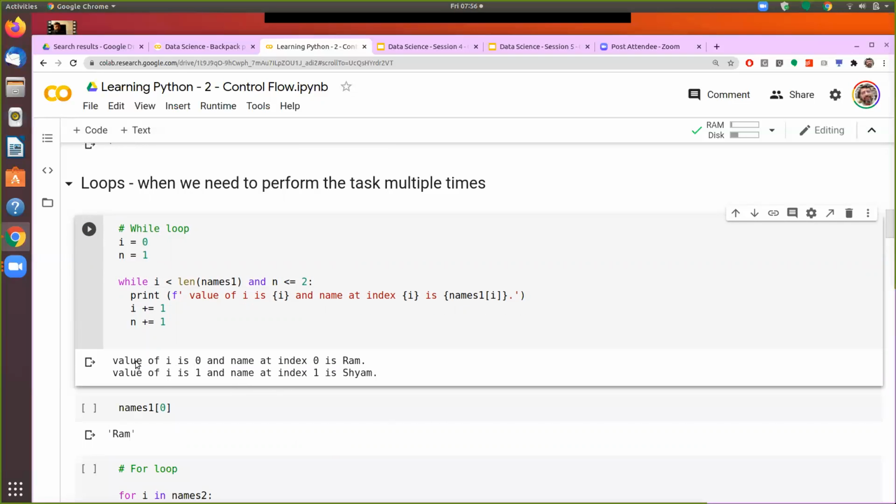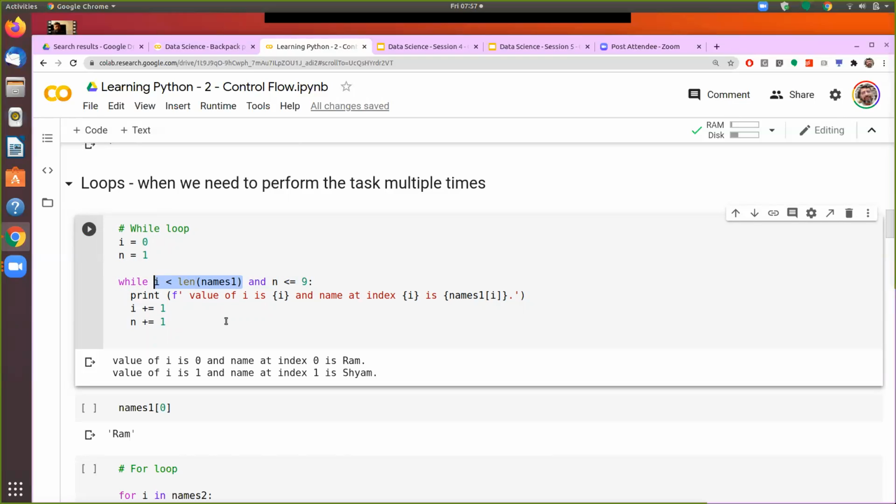Now you see it prints 2 lines because next time it comes here, the value of n is equal to 2, so the condition n is less than or equal to 2 is still true, and therefore it prints the next line. But in the third iteration, this condition becomes false, and therefore it will not print. Now if we make, say, n is less than 9, then this condition will get violated first.